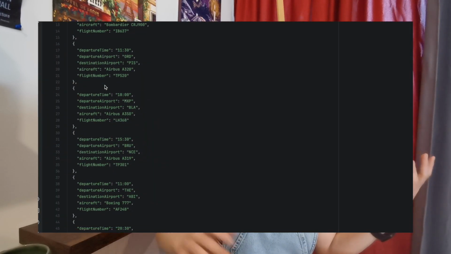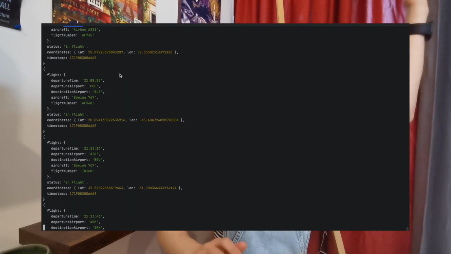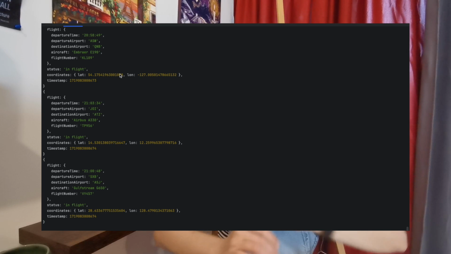But let me first explain the idea which I have in mind. Imagine that we have a schedule for the flights for a whole day. At any point of time, for example 8:40 a.m. in the morning for me right now, I can connect to that schedule and see where the airplanes are right now according to that schedule. Are they in the air? And if so, what is the location? Or maybe they're still waiting for the departure, it's later in the day,